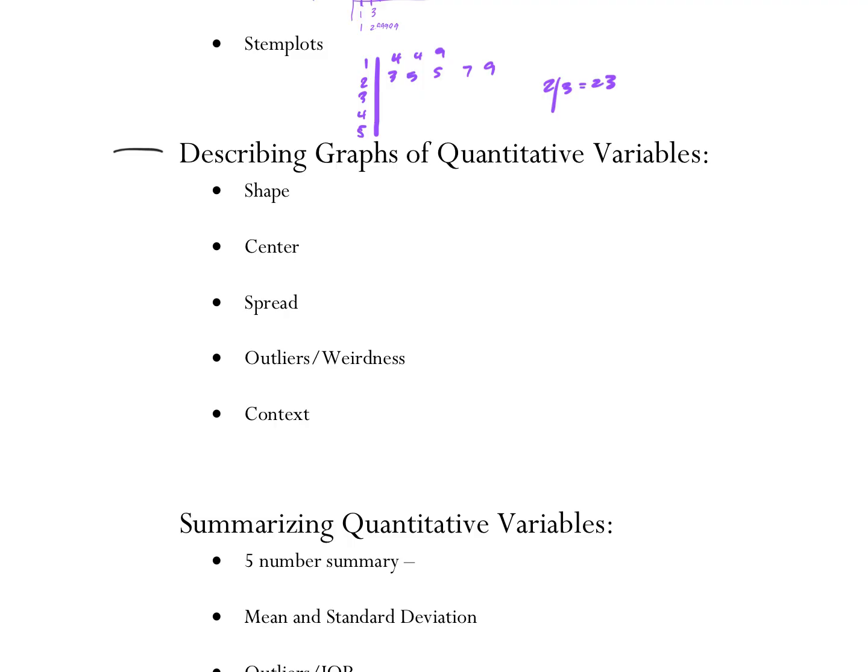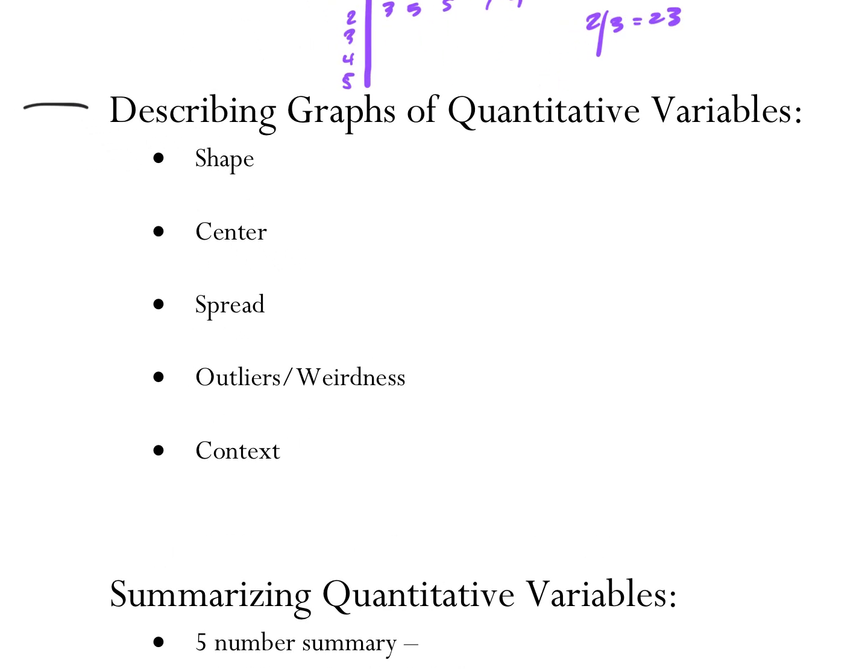When describing graphs, you need to be able to describe the shape. I'm not super concerned about you guys describing shape. You seem to have a good idea. The only thing that was bothersome to me after grading the FRQs, you guys, if something is approximately normal, that implies symmetric. So it cannot be skewed right and normal at the same time. Okay? Normal graphs are symmetric, bell-shaped.